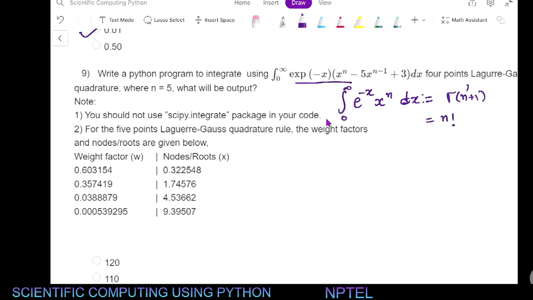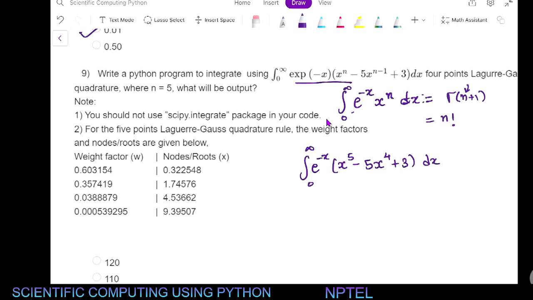So this gamma function is okay for n not an integer, right? You can have fractions, negative numbers, or even complex numbers. So this is how you do analytic continuation. But that's beside the point. For natural number n, this is equal to n factorial, right? So for us, it is e to the power minus x times (x to the power 5 minus 5x to the power 4 plus 3),